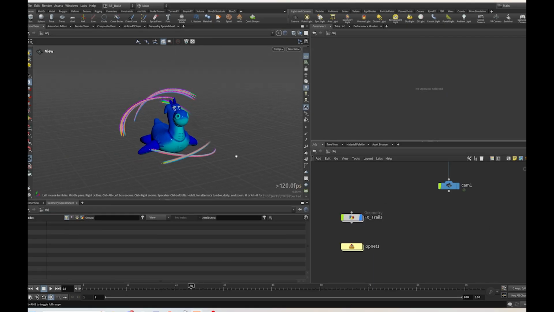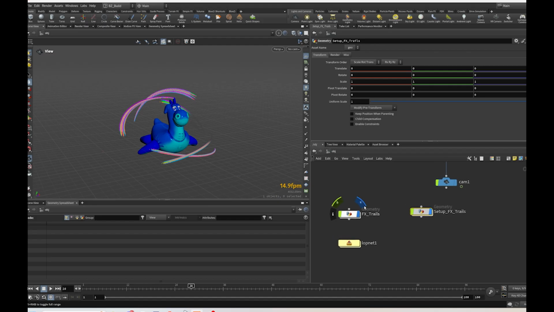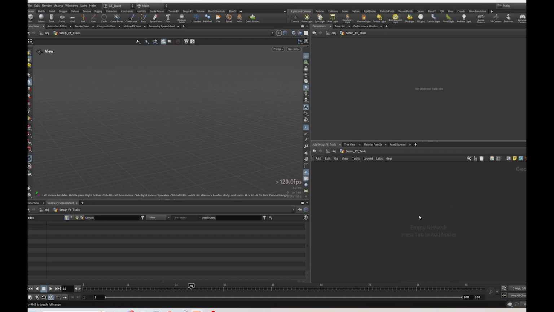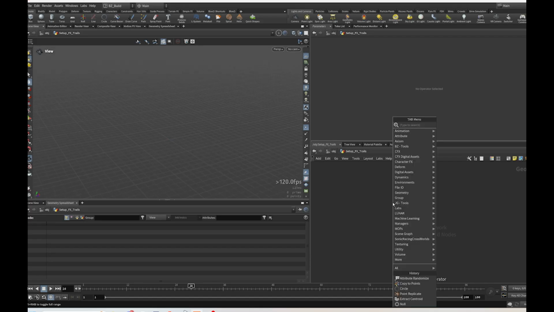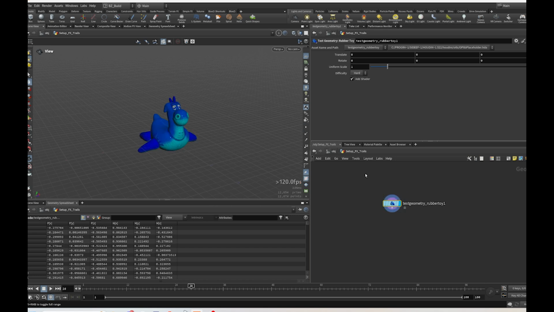Alright guys, so let's start this effect by creating a new geometry container, and we can name this as setup effects trails, and we can enable this one, and let's dive inside. So first thing first, we need to create an object so that the trails can travel around. So in my case, I'm just gonna use a rubber toy, and then we can drop a node here